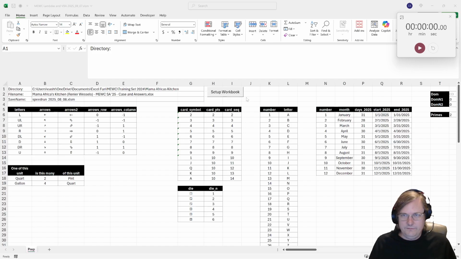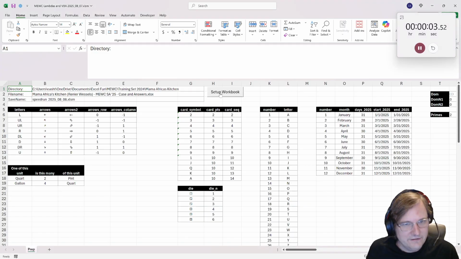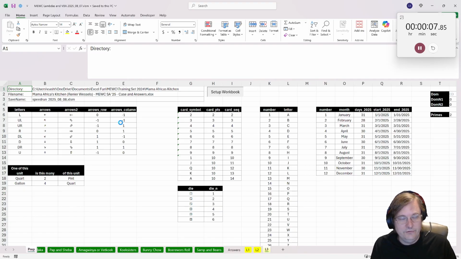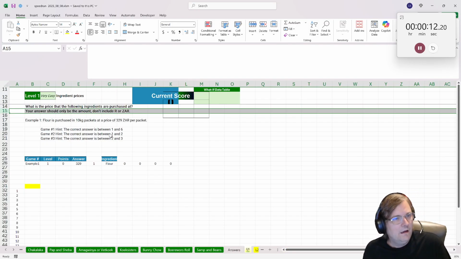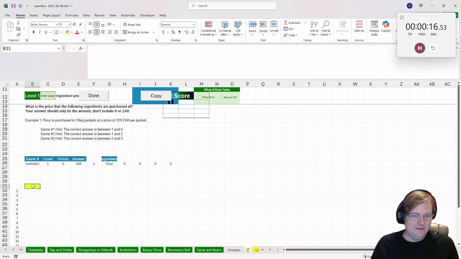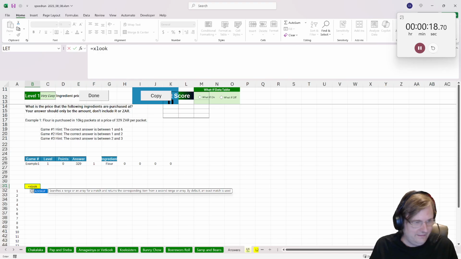Okay, speedrun of the Mama Africa's Kitchen case. I'm going to use a decent amount of VBA and lambdas. You can download that file. This first one, I'm not going to use any VBA or macros. This first one, just going to use a nice XLOOKUP